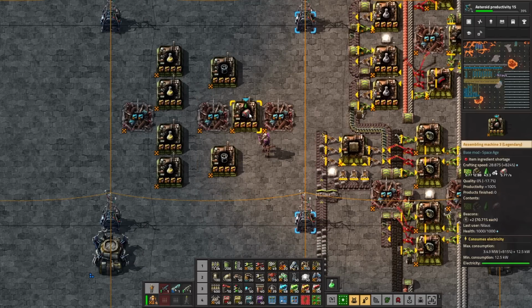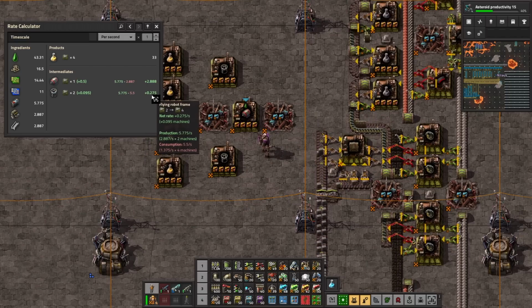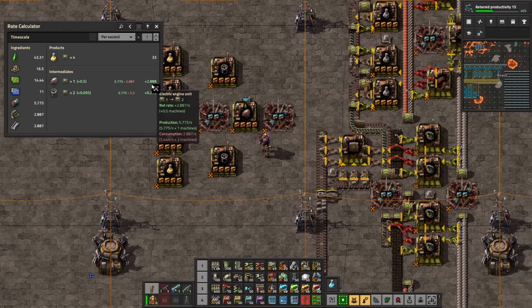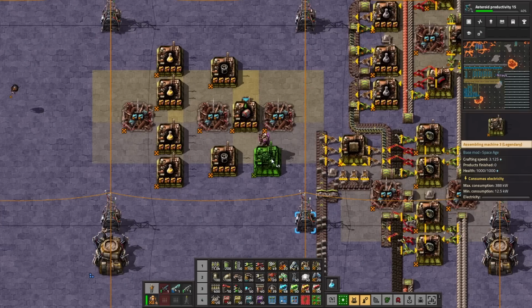Okay, I am on thin ice here. Okay, there's a surplus on everything. There's a tiny surplus here. There's a very significant surplus here. It's good. And then the only thing missing now, from this equation, is